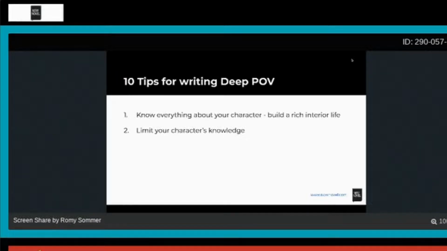But you can use their limited knowledge to create mystery or to intrigue the reader. So this is a great way to create suspense by only showing us what this character knows, by having them wonder, what is that person's motive? Why did that person say that thing to me? Now the reader is also engaged and going, what's up with that other character?